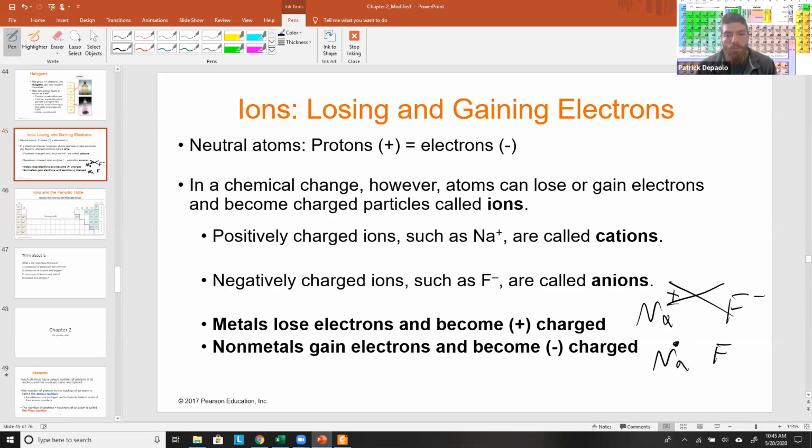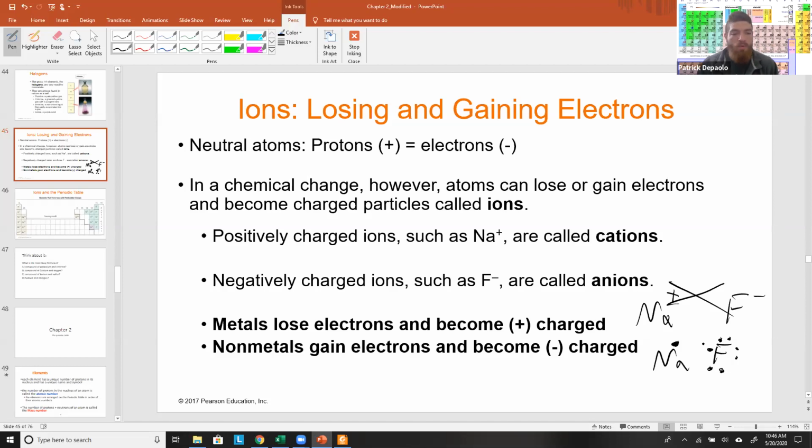Sodium, because it's in group 1A, has 1 valence electron. Fluorine, being in group 7A, has 7. When fluorine comes in close enough contact, within a few angstroms, which is a very small unit, a little bit bigger than picometers, when they come in close contact with each other, because they're in the solution at some concentration, what will happen is